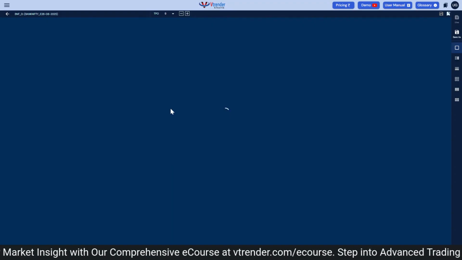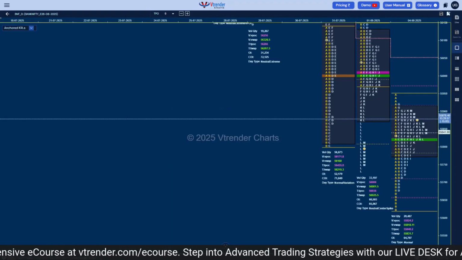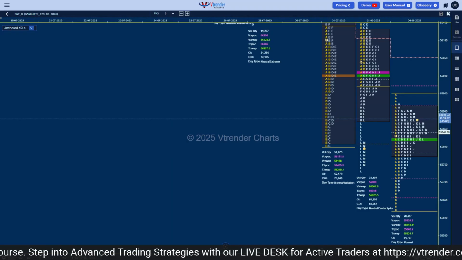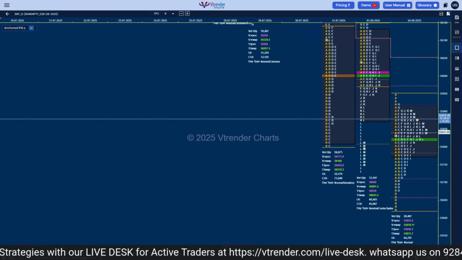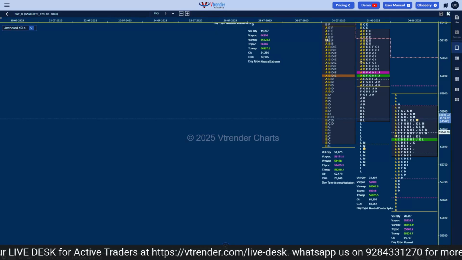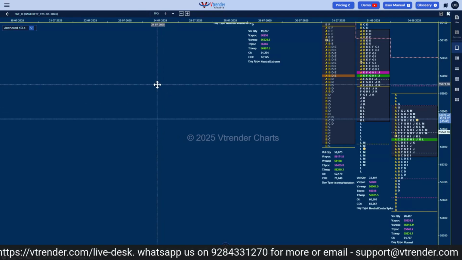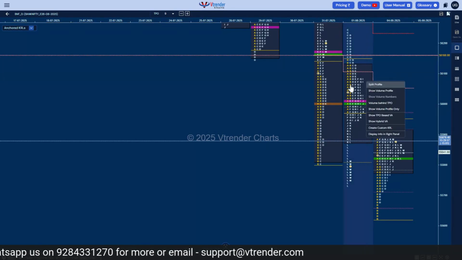So I'm just opening up the market profile chart of the Bank Nifty futures, and because we are talking about the structure and the longer time frame and the top to bottom approach, today's session is only based on the market profile charts. So I'm not touching the order flow charts for now. We will have them covered in a later session. And coming to the Bank Nifty profile chart, you can see how